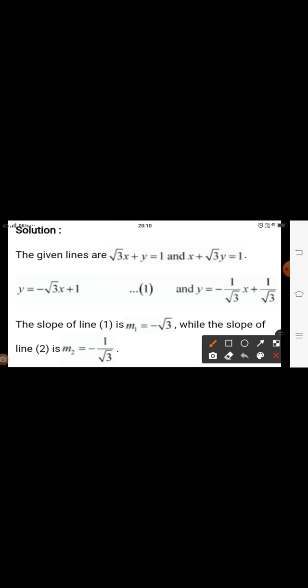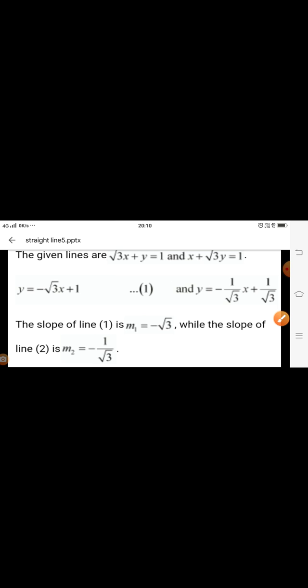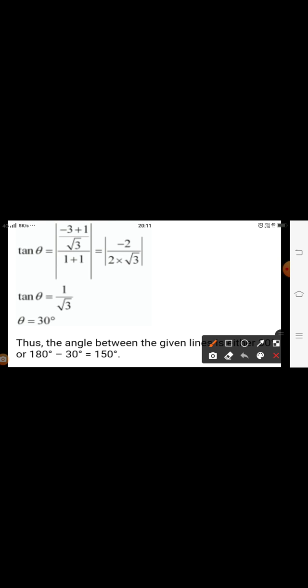Let us find the slope first. If we reduce this equation to the slope intercept form, we get the slope as minus root 3 and minus 1 upon root 3, or you may find the slope by observing the equation. Then, putting the values of the slopes m1 and m2 in the given formula and solving, we get tan theta is equal to minus 2 upon this, which means tan theta is equal to 1 upon root 3, and this is the value of tan 30 degree. Therefore, the angle between the given two lines is